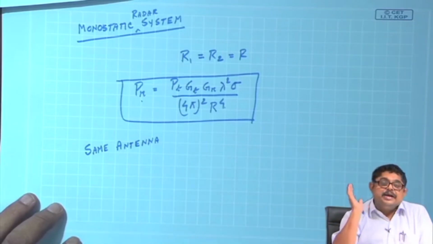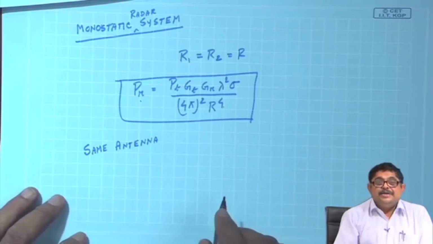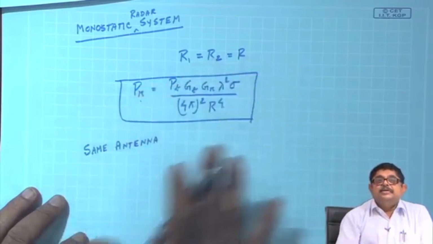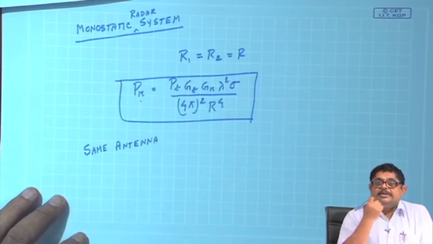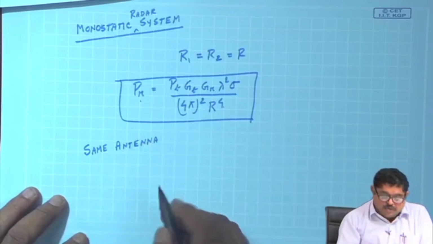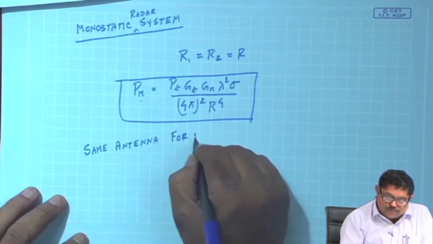That is why the radar keeps its eyes and ears closed at that time, and when it stops sending, it starts sensing or listening to the echoes. So, the same antenna for both